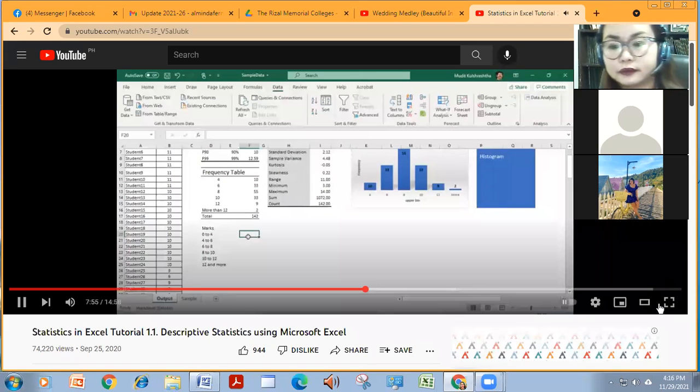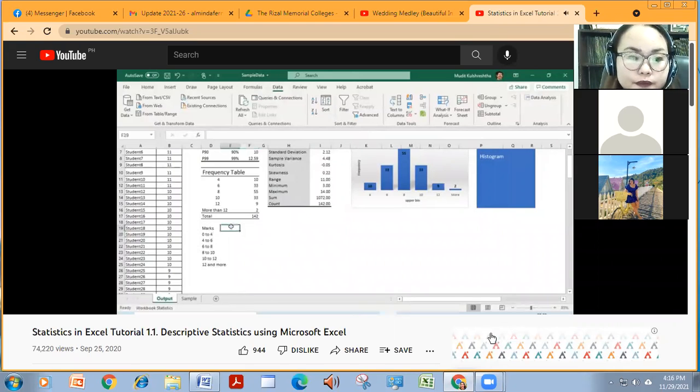So we are going to write this, and you must remember, because there are 2 numbers, there is something called as lower bin, and there's something called as upper bin. So the lower bin number is 0 here, 4 here, 6 here, 8 here, 10 here, and 12 here.